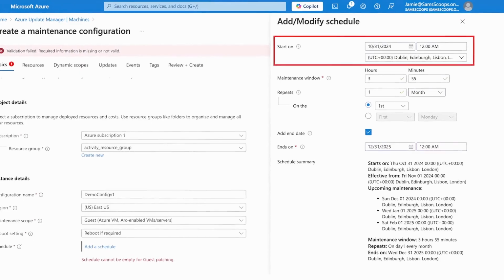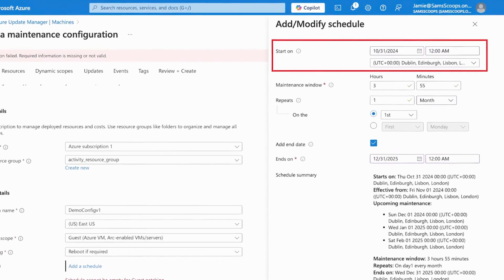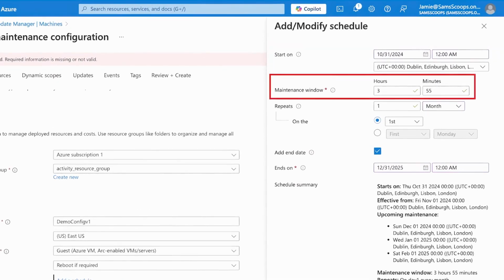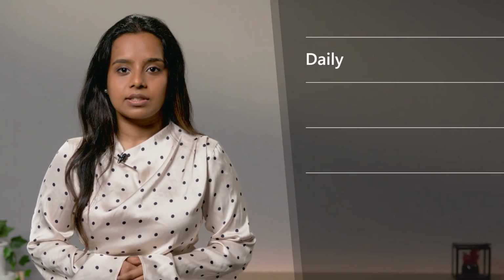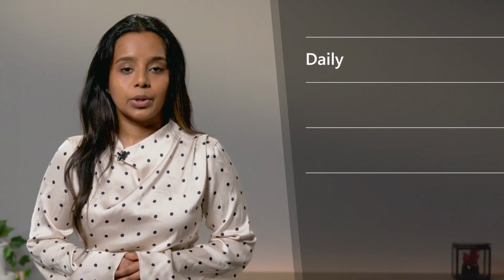Set the date and time for the schedule to start to schedule updates at a low impact time. Then, specify the maintenance window, such as up to 3 hours and 55 minutes. This controls update duration and minimizes operational impact. Next, decide how often you want the updates to repeat. You have a few options: daily, or at specific intervals such as every 2 or 3 days; weekly, where you